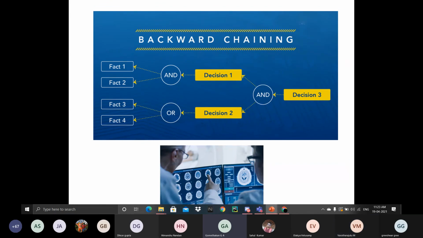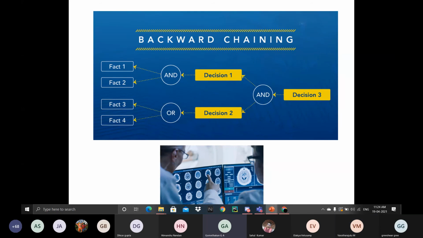So next we have backward chaining. In forward chaining, what we saw is using the facts with some rules, a decision is taken with which a conclusion is formed. But backward chaining is the reverse of it. We can find why this happened with the use of backward chaining. You can see the diagram. In this, it moves backward. A strategy is followed for finding the cause or a reason. Depending upon what has occurred, the inference engine tries to identify the conditions that could have happened in the past to trigger the final result. For example, diagnosis of the type of cancer in humans, in which we can see backward chaining.